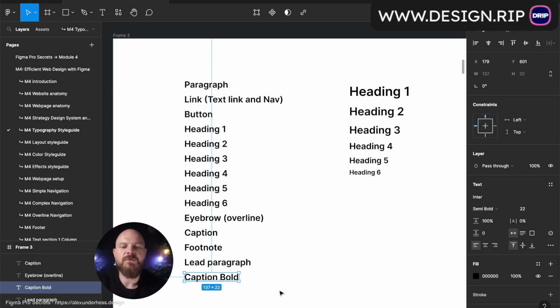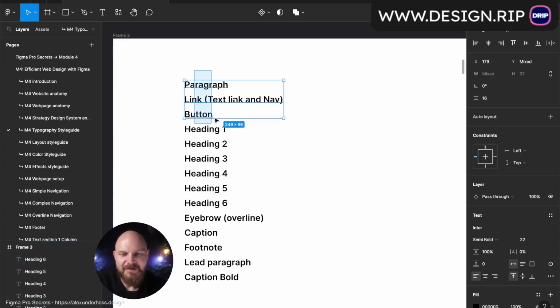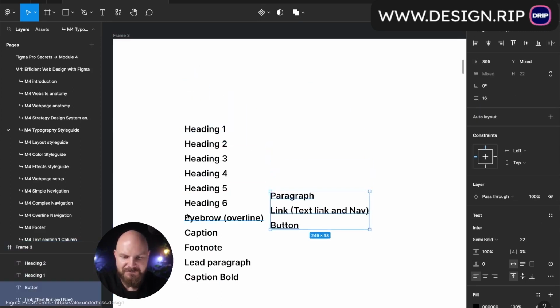Okay? I'll show you just in a second how we're gonna do that, because the ways how we can create the type scale for our web page, for our website, and how we can create the typography style guide for our website. There are two ways to do that: the manual one and automatic, with manual adjustments, manual edits. So how does it work? The manual one. First of all, let me do some